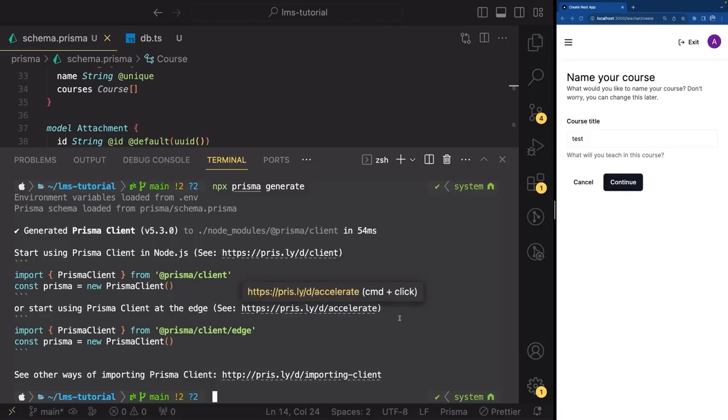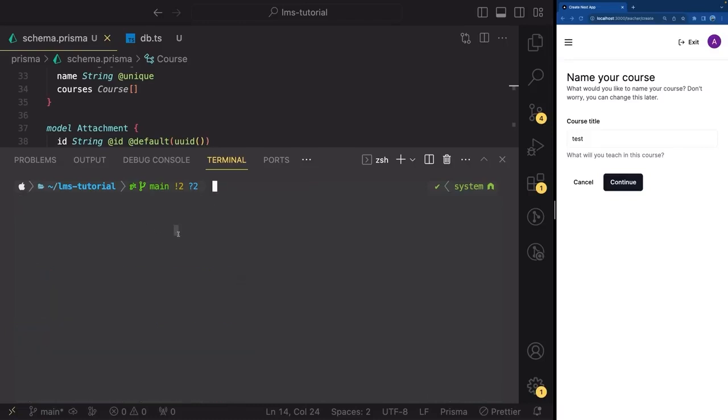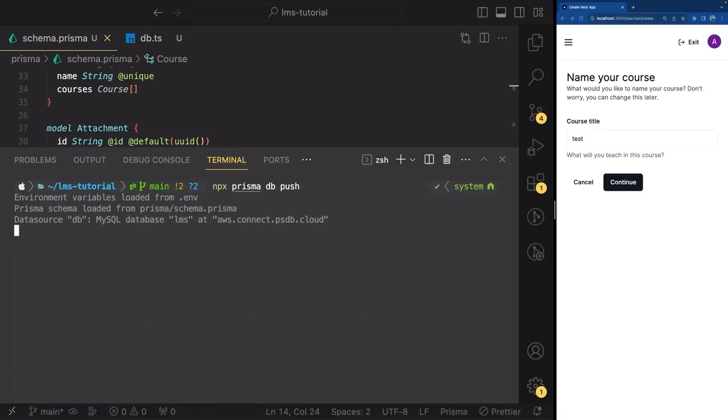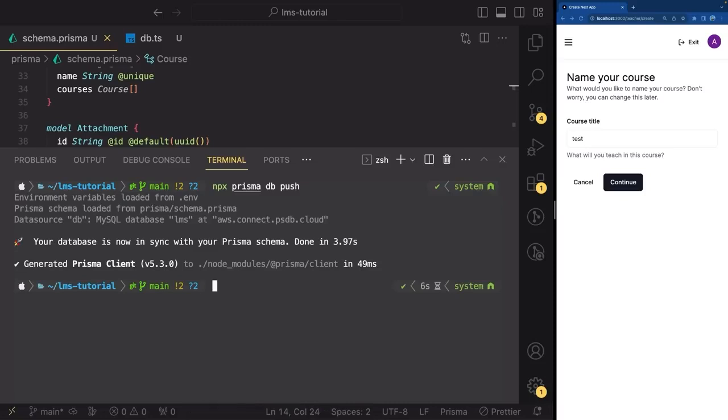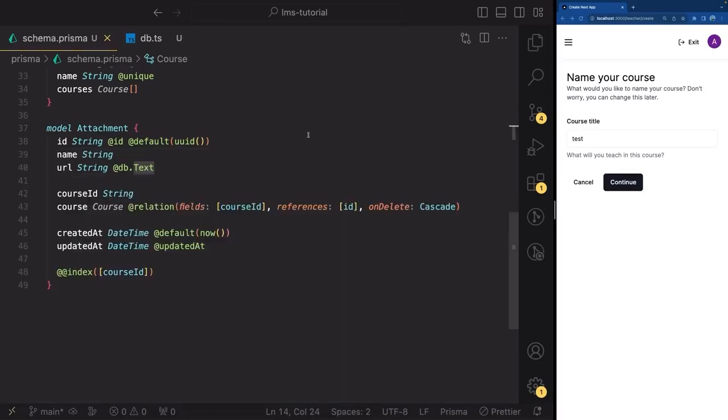And the other thing we have to do is run npx prisma db push. So the first command was to add it locally, but the second command is to push it to PlanetScale or whatever database URL you put in the environment file. So if you get any errors here, that is because your environment variable